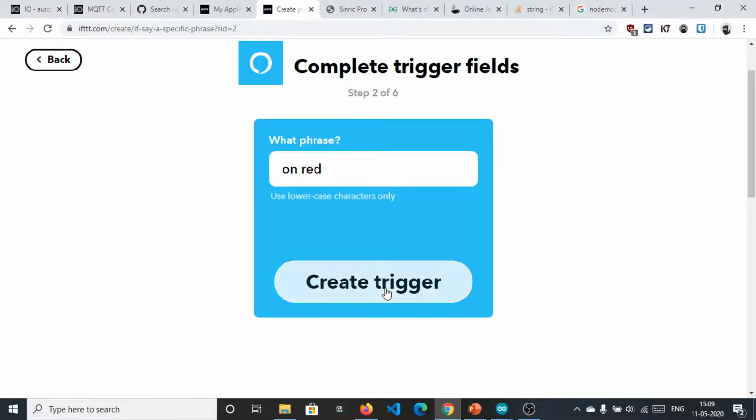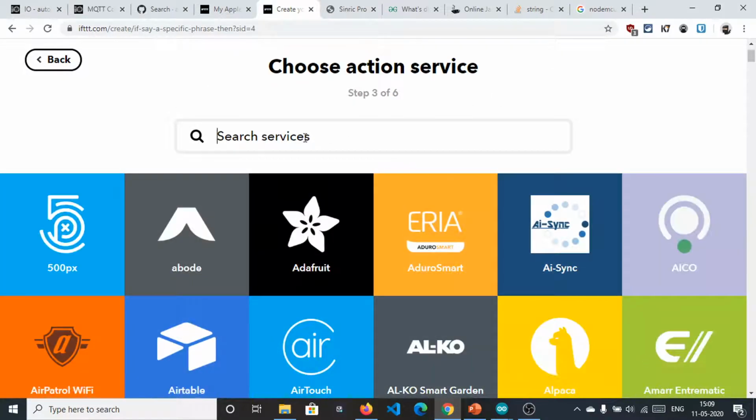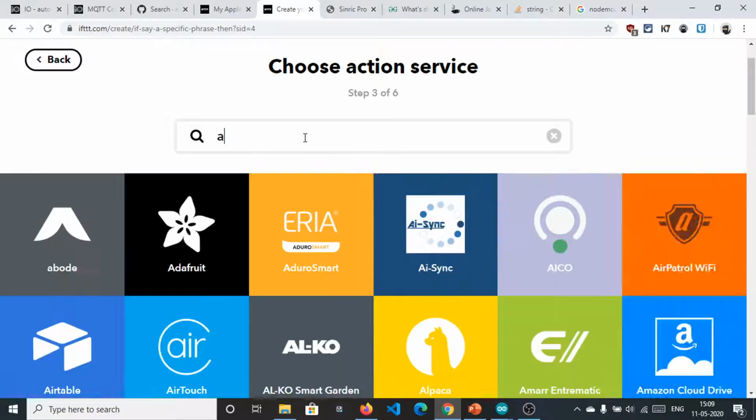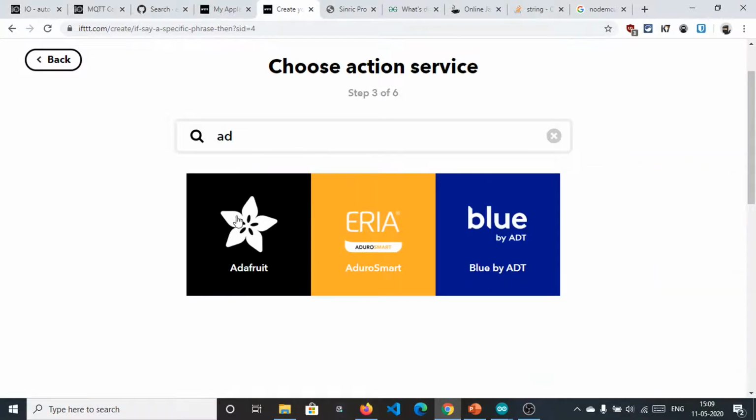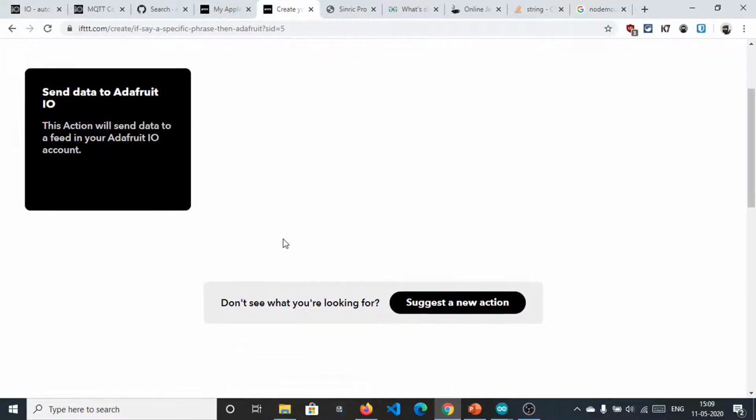Now click on create trigger. This will complete, and now you need to set that. And we are using Adafruit in that. In my case, it will pop up this send data to Adafruit IO, but in your case, you need to first sign in to your Adafruit account using the username and password, and after that this will be there.